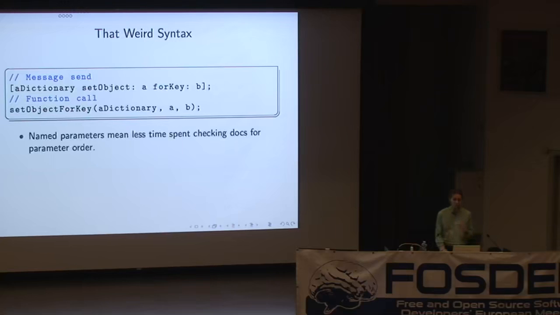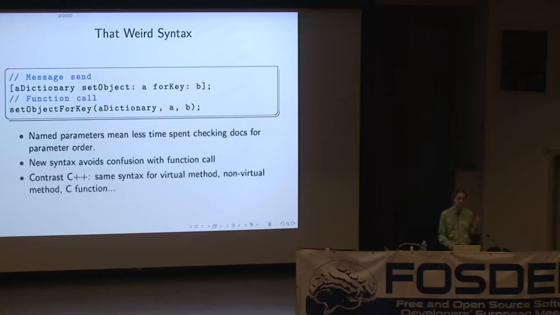And this syntax takes a little bit of getting used to, but it's actually really nice. You find after a while that you can read Objective-C code that uses a library that you've never seen before, and you're not constantly checking the API documentation to find out what stuff does, because every parameter is named. You don't get confused with parameter order. Everything that is an Objective-C message send is in no way confusable with a C function call. So it's easy to look at a bit of code and see what the performance characteristics are going to be.